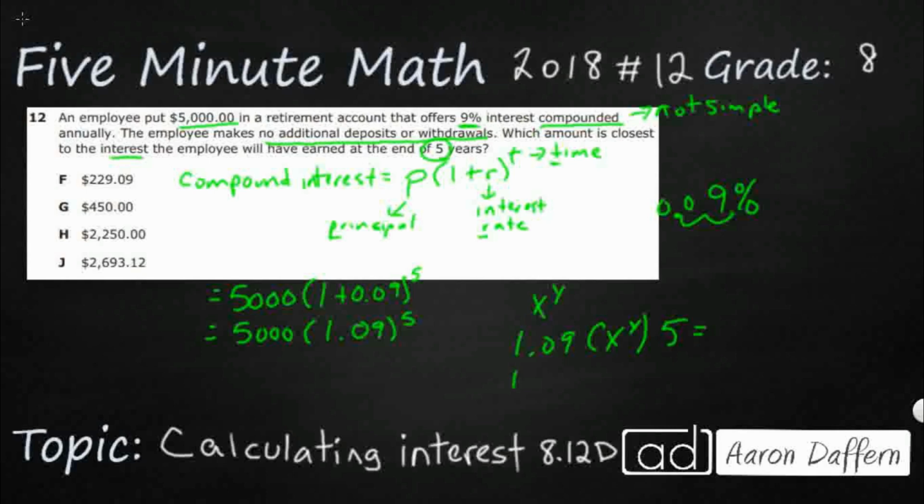Some calculators don't have that. You're going to just type in 1.09, and you might see this little button called a caret, C-A-R-E-T. It's going to look like this. That also represents exponents. You're going to do that times 5. Either way, you're going to get a really long number,